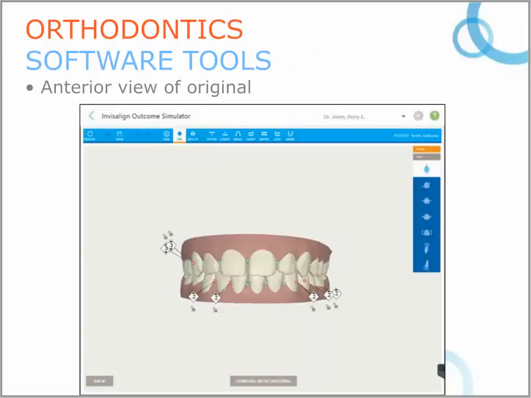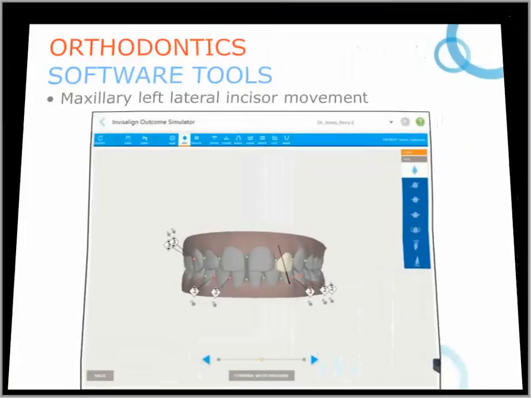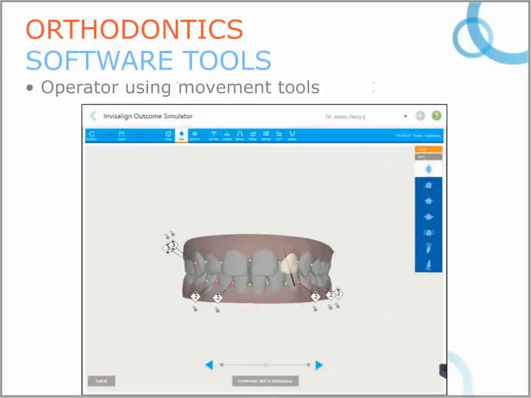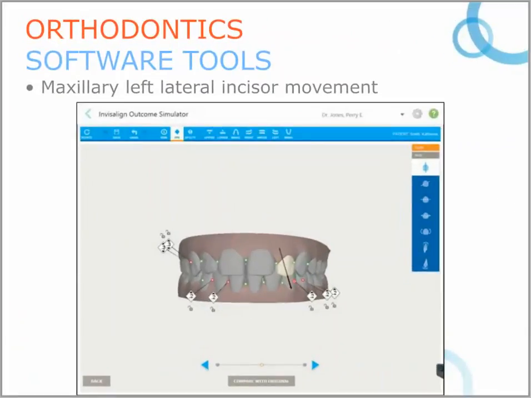Here you can see this would be the final stage, and if I decide that I might want to modify that, I can take the tool, highlight the feature, in this case the extrusion-intrusion tool, highlight that particular tooth, and in real time, in front of the patient, with them in the chair, I can literally wow them with the technology by allowing them to see that tooth move. Here you can see we've taken the lateral and just simply moved it into a more extruded position. It's used as a communication tool to show patients what this high level of technology is really